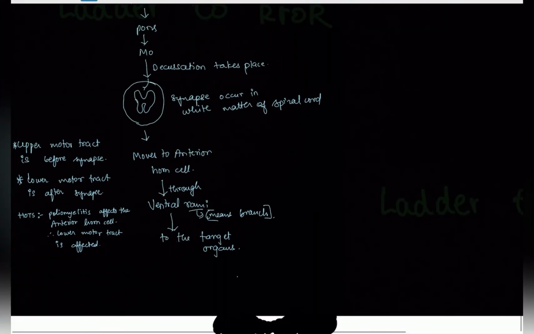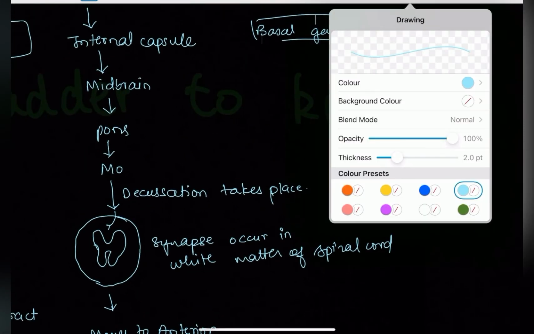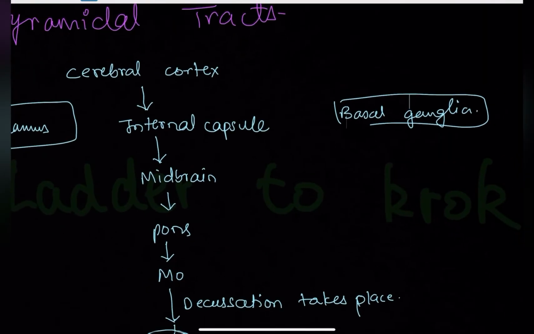Okay, understood? Now I am marking the corticobulbar tract with a different color, a different shade. Again the same thing. From the cerebral cortex, the impulse came, particularly from the precentral gyrus, to the internal capsule. From the internal capsule, now go back to the video on cranial nerves, in which I told you that every cranial nerve has its own nuclei. Which tract are we studying about? The motor tracts, right? So there were cranial nerves which are completely motor, or they perform both functions. So anyway, we are talking about the motor function.